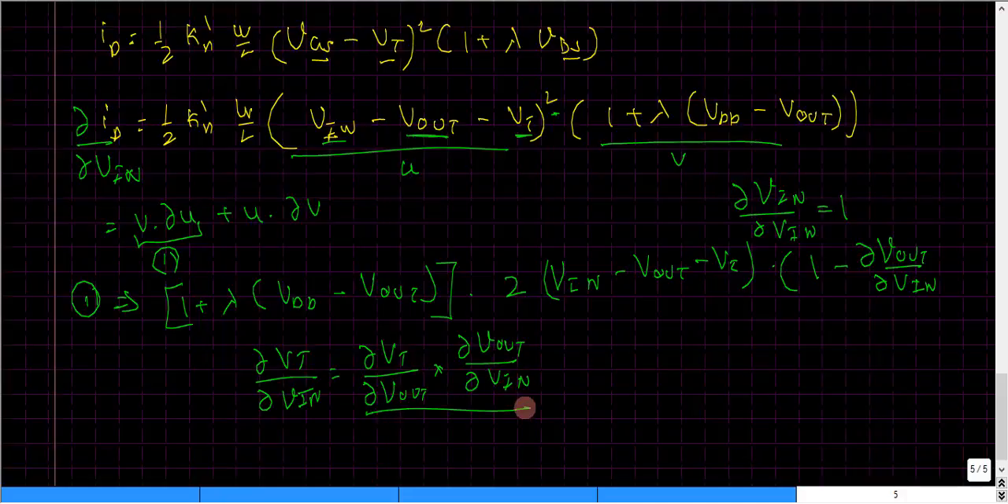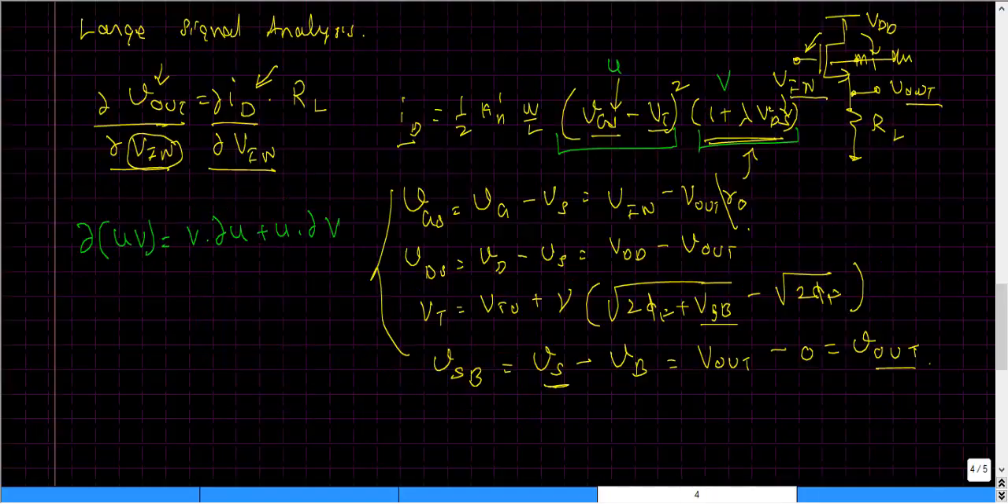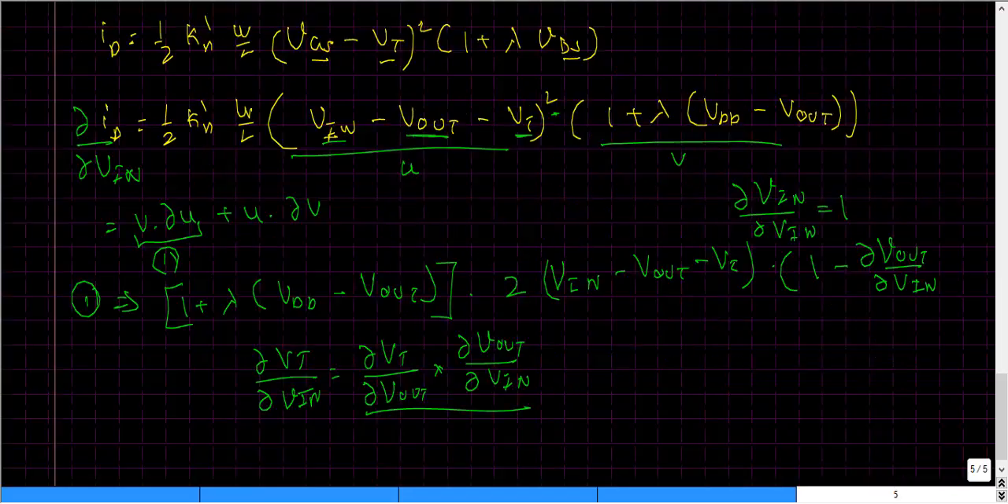the partial derivative of v out with respect to v in. Why we have used this partial derivative is, in the previous expansion, we found that the value of vt is not a function of v in, but it is a function of v out. So performing a partial derivative with respect to v out would be more proper than performing a partial derivative of vt with respect to v in. That's the reason why we utilize the chain rule over here, and then we try to compute the gain